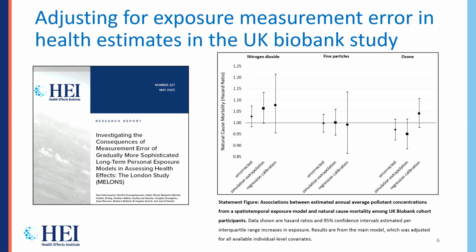initially unadjusted estimates. As you may see, there was little evidence of the association to start with, but after the application of these measurement error correction methods, the effect estimates in most cases increased by 2 to 4 times, and this is consistent with literature on measurement error, indicating that this kind of bias is expected to bias our effect estimates towards the null.